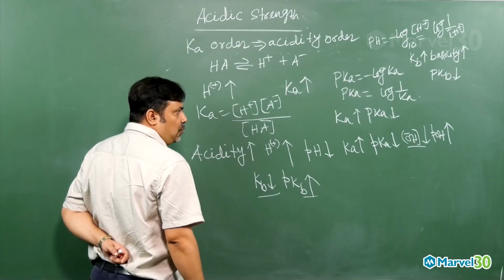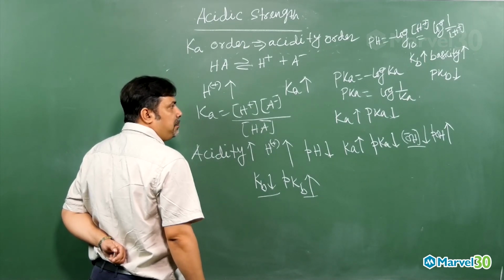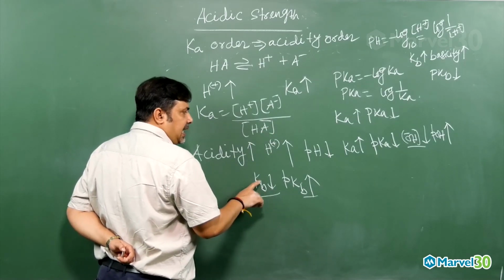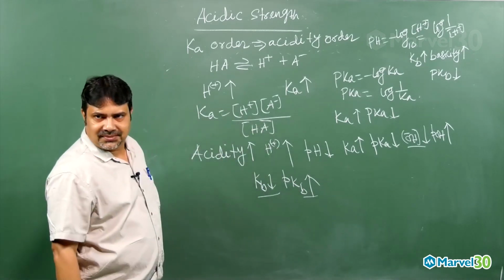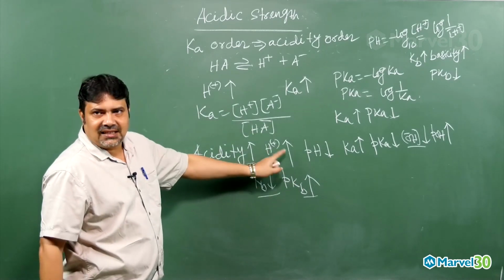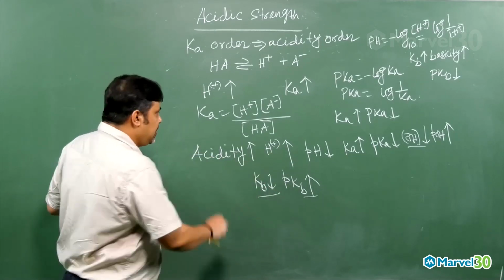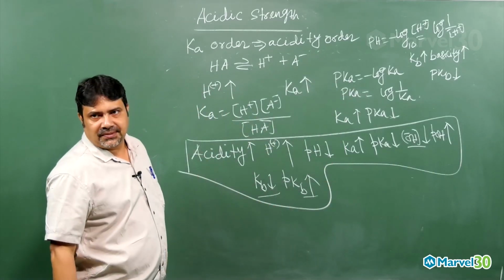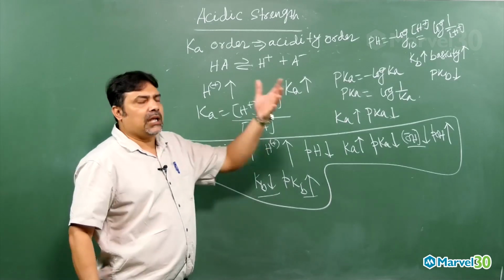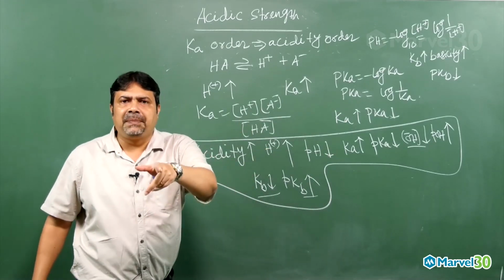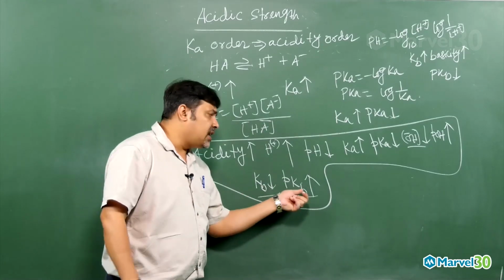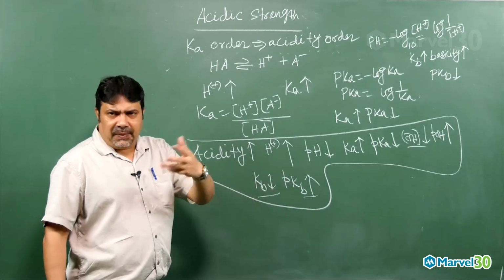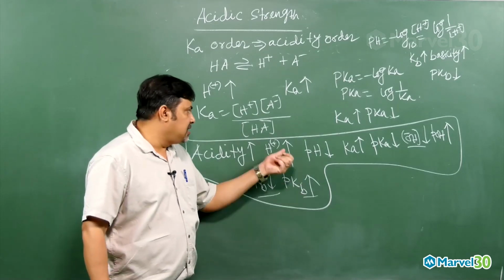Whenever they ask the pK order, it is the reverse of the acidity order. Whenever they ask the pKb order, it is the same as the acidity order. That gives you the entire clarity, because whenever they put a question, they will give you particular organic acids and ask for the pKb order of the following acids. That means pKb order means acidity order, from highest to lowest, depending on what the question tells you.